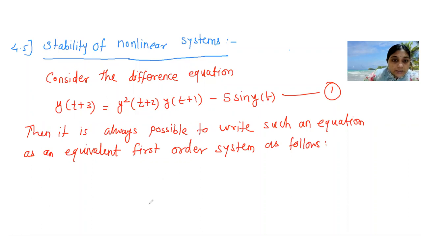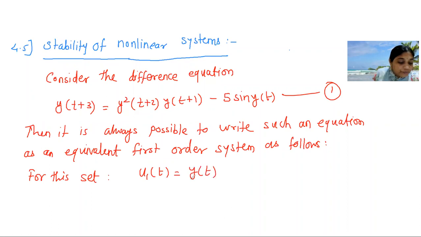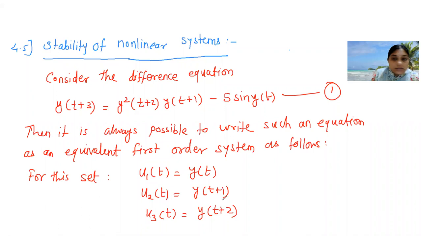So for this we set u1 of t is equal to y t, u2 of t is equal to y at t plus 1, and u3 of t is equal to y at t plus 2. If I set like this, then